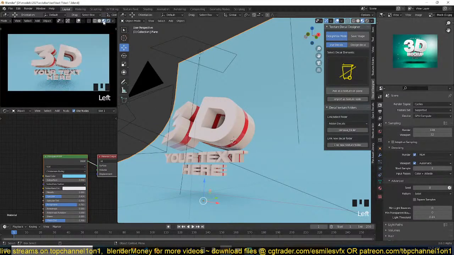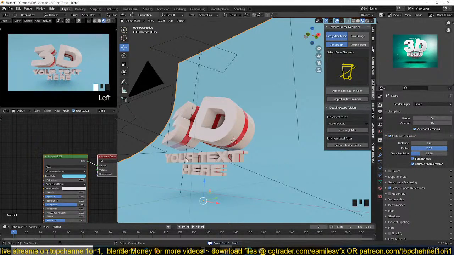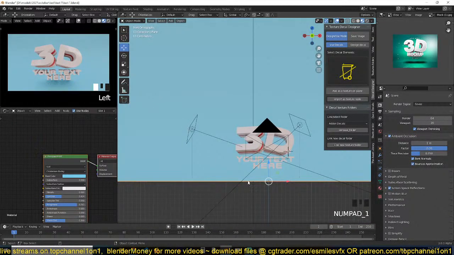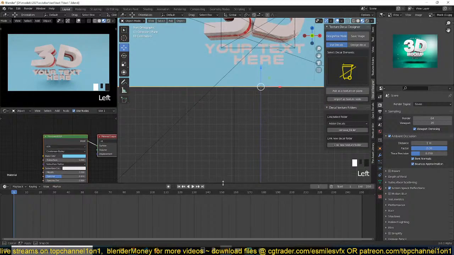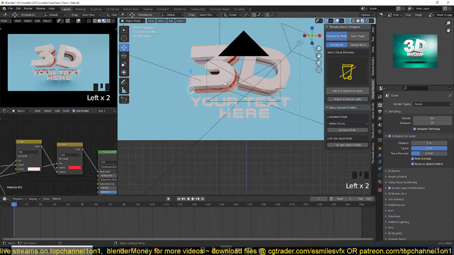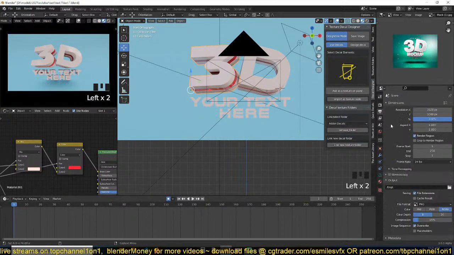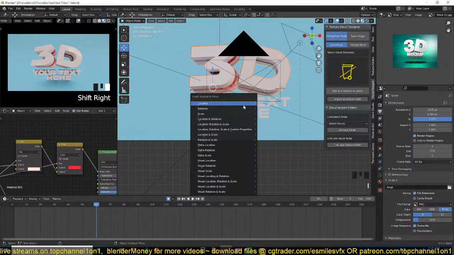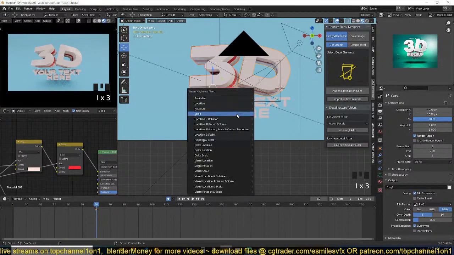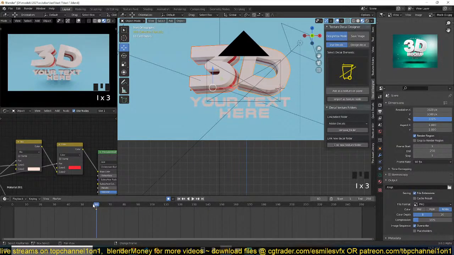Now let me first switch back to Eevee and animate this a bit. So what we can do is, let me expand my curves here. We can start animating this one by one. So I'm just going to add a keyframe here. Let me also change the frame rate to 60. I'm going to select both of these, go to frame 60, insert a keyframe, insert a location, rotation and scale keyframe, and then go back to frame something like